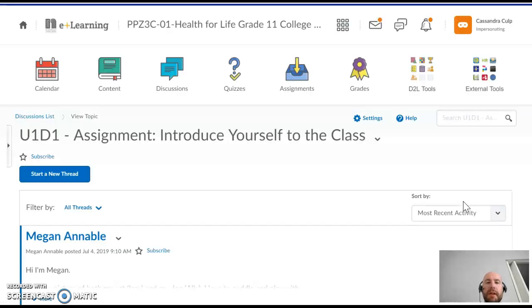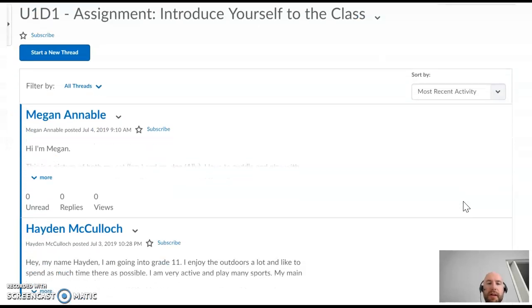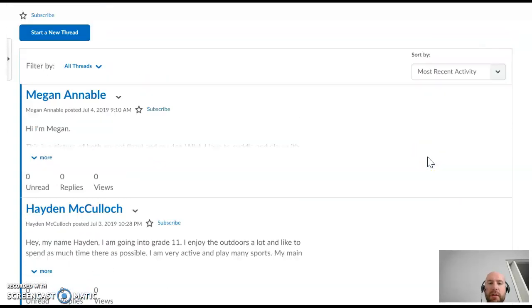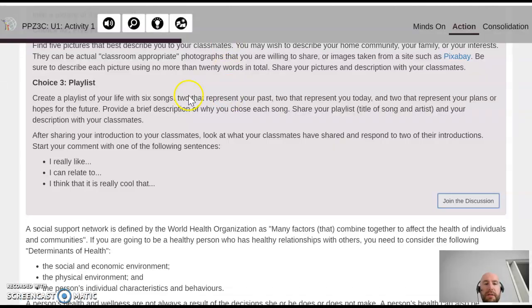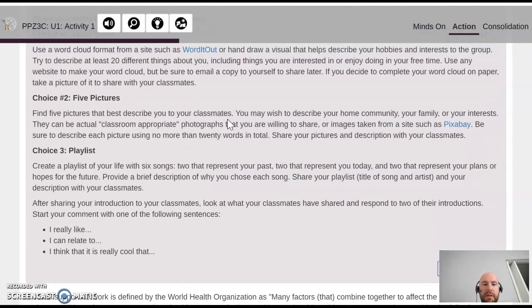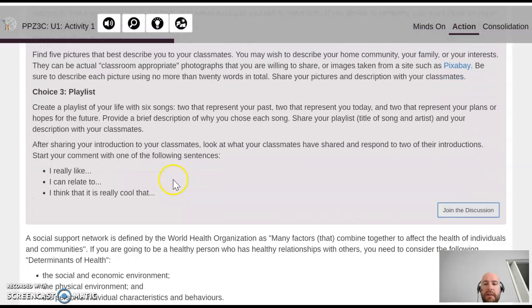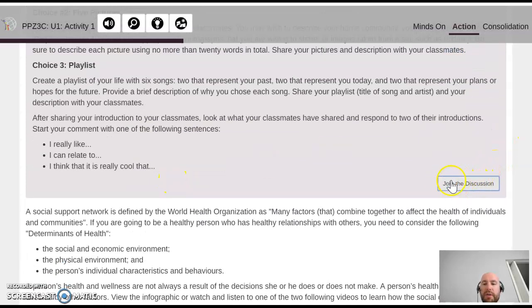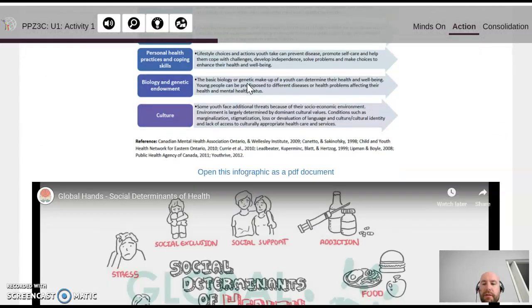As soon as it loads, you'll be able to see that there are a bunch of posts already by your classmates. When you're in this discussion area, what I'd like you to do is start a new thread and then make your post here based on whatever the U1 discussion asks you to do. So here is what it's asking you to do. Okay, and then this is where you click to join the discussion like I just did. What do you post in the discussion? You post this information in the discussion, and they're different for the different discussions. As we scroll down further,